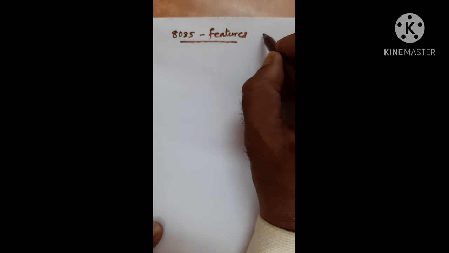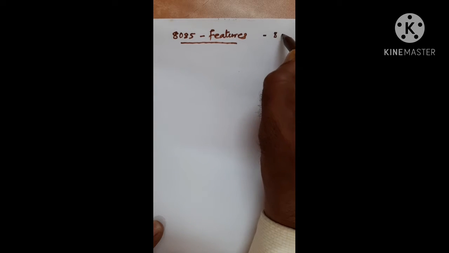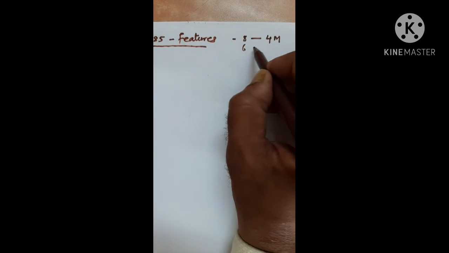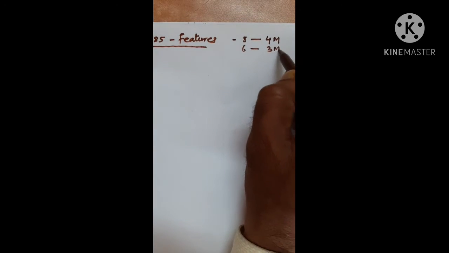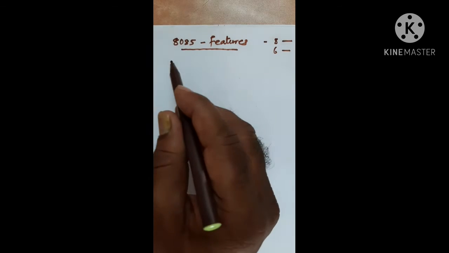The features you have to learn: any 8 features to get 4 marks, or any 6 features to get 3 marks. The question may be any one out of these two. 8 features, 4 marks. 6 features, 3 marks. Okay. Now,